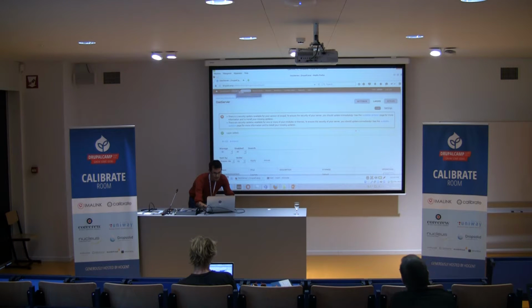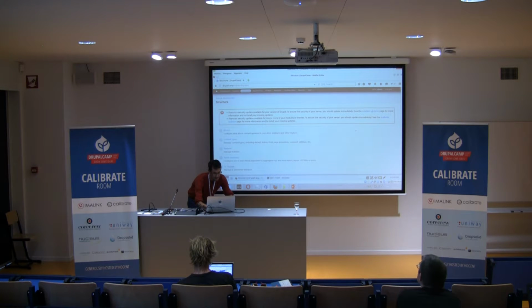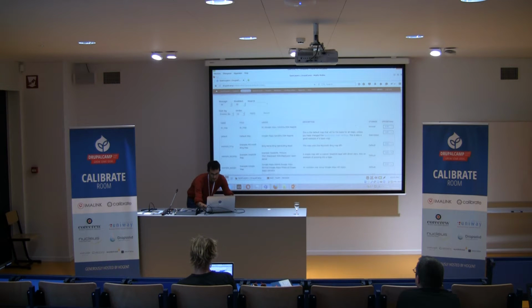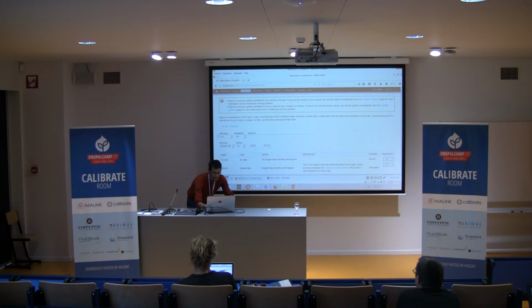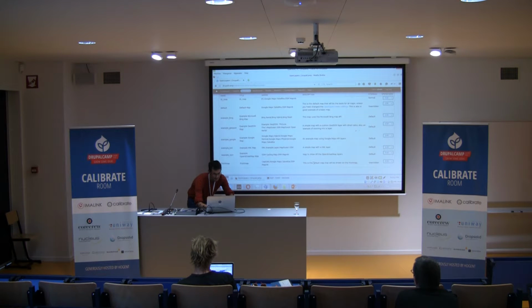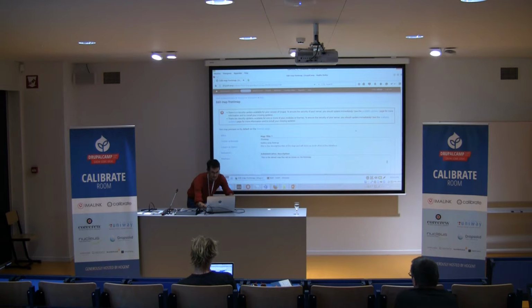So what I can do now is add this layer to a map. Therefore I go to structure, open layers, maps, then I have a list with all the maps that are already defined. I can add my own map with my own style, but for this example I will use a map that already exists. I will take the front map and I will edit it so that it also contains our